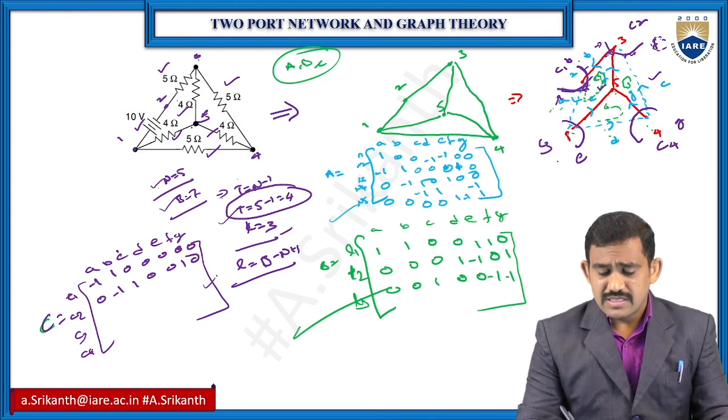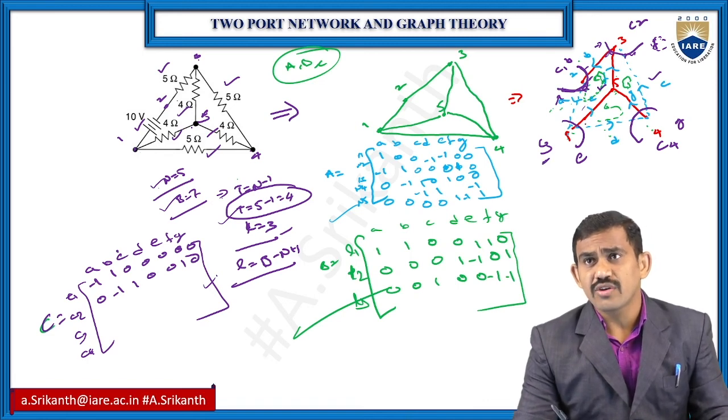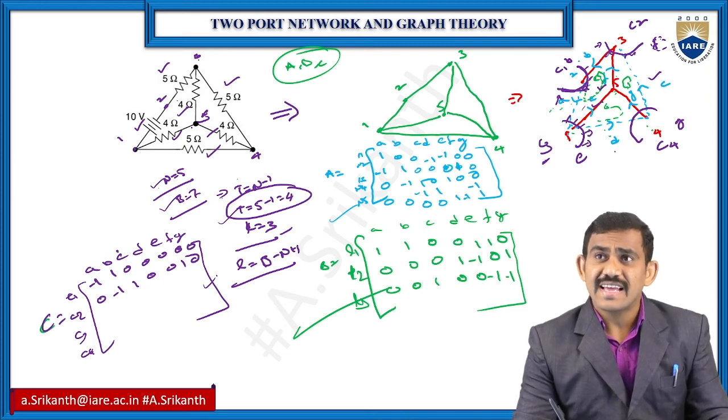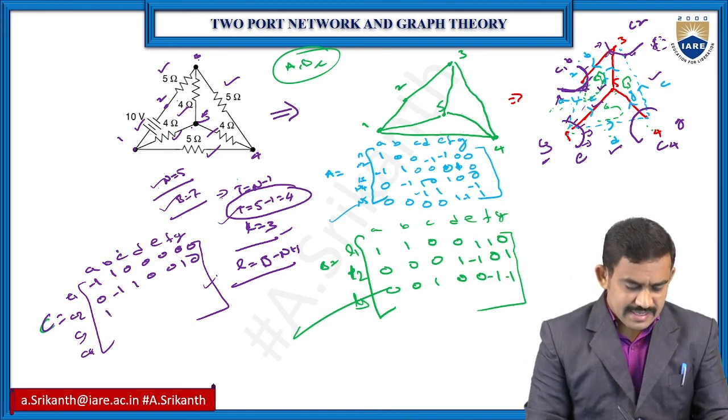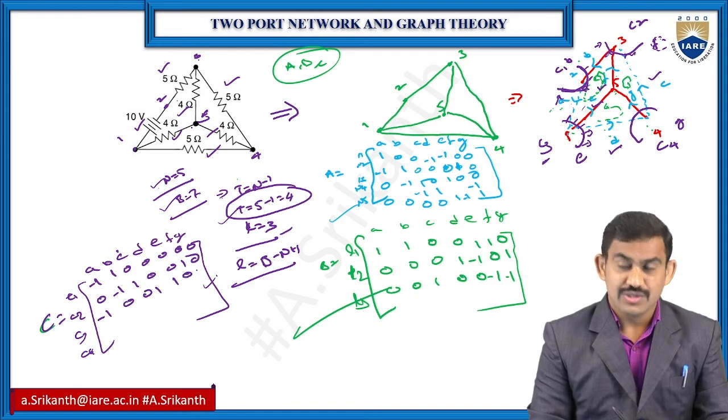Coming to C3, you need to follow the E tree. C3 cut, I need to follow E. So E is outgoing. So here outgoing currents are positive. Which is outgoing? E is outgoing as well as D is outgoing. A is incoming. So A, D and E. A is incoming means reverse, and remaining are positives.